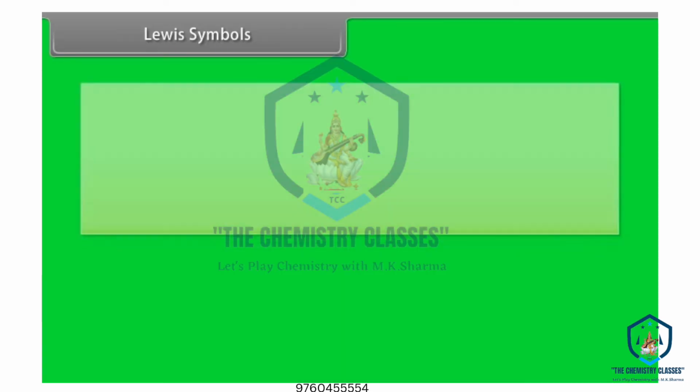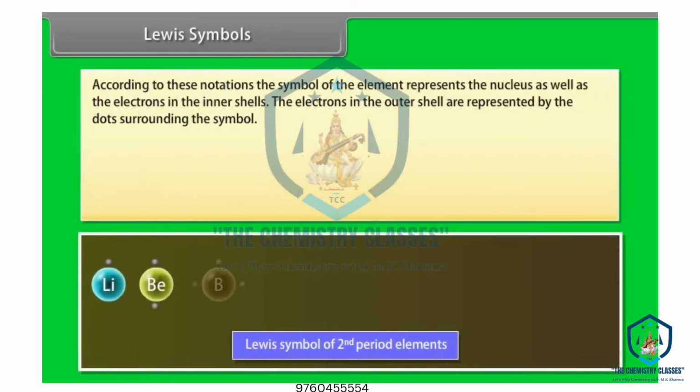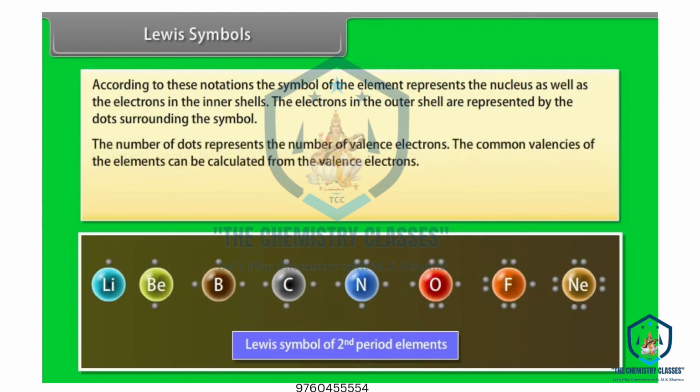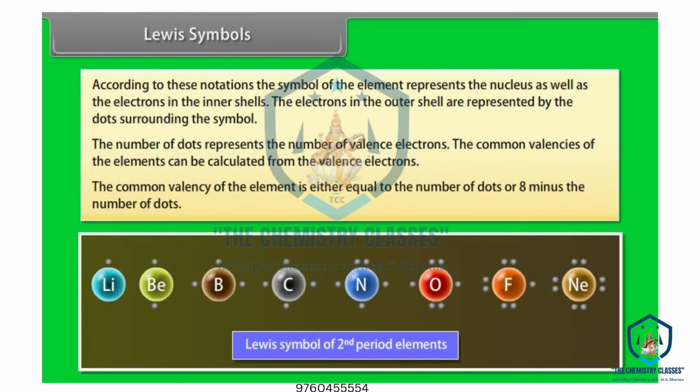Lewis symbols. According to these notations, the symbol of the element represents the nucleus as well as the electrons in the inner shells. The electrons in the outer shell are represented by dots surrounding the symbol. The number of dots represents the number of valence electrons. The common valencies of the element can be calculated from the valence electrons. The common valency of the element is either equal to the number of dots or 8 minus the number of